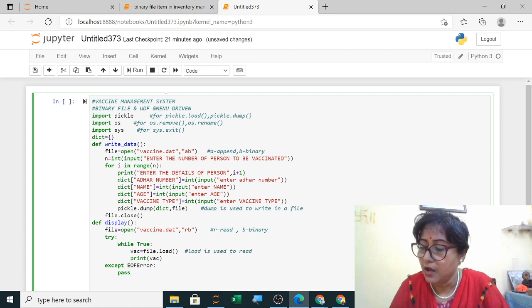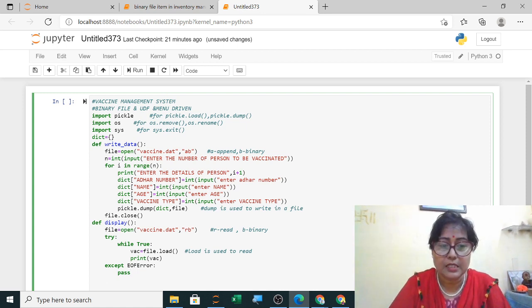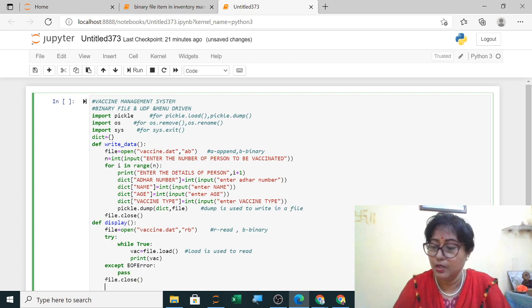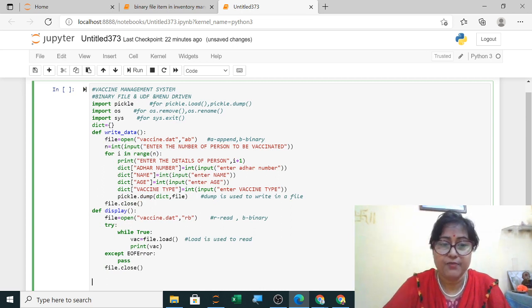Clear? Now your task is over, so file dot close. Now this you have to repeat in search also. So after closing the file, the next function will be your search function.